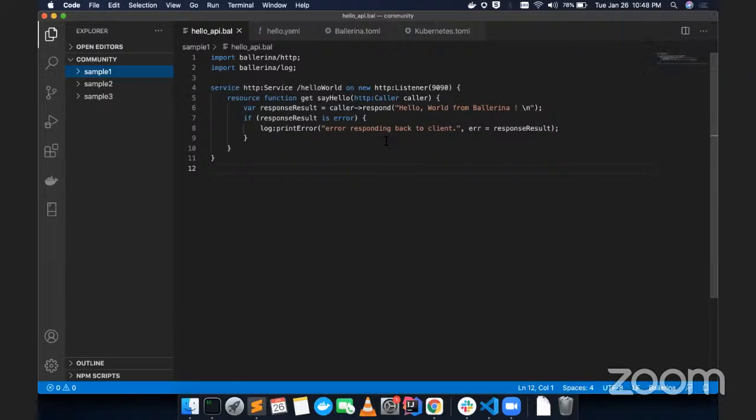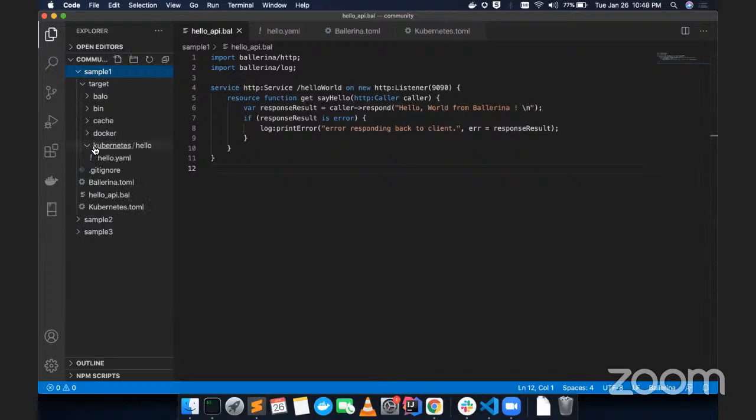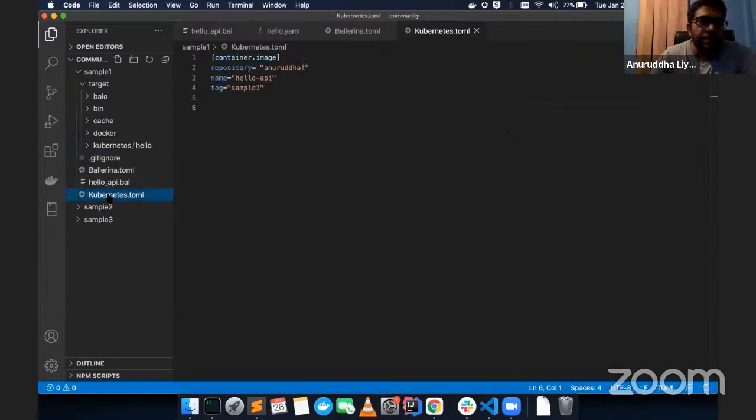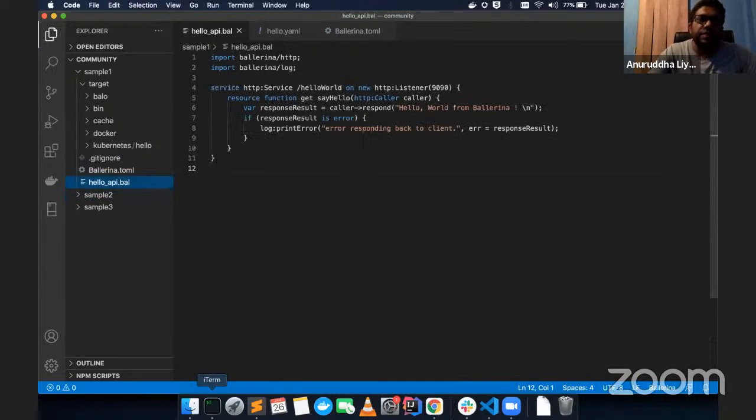So in this sample, we have a Ballerina service, and I saw that you have also created a Kubernetes.toml. Is that a must, or can I skip? Yes, sorry, I forgot to mention this Kubernetes.toml file is not required. It is just created there to change the Docker image. If I remove this Kubernetes.toml file, I can simply build this with the cloud Kubernetes option, and it will generate the same thing with the default values.